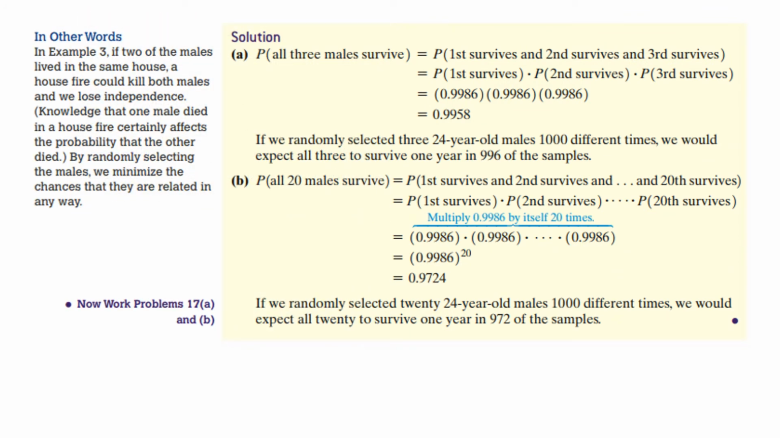Okay, so the probability that all 3 survive is the product of the probabilities. We multiply these numbers together and get this. Similarly, the probability that all 20 males survive is this. Now, in Part A, this meant if we randomly select 3 24-year-old males 1,000 different times, we'd expect all 3 to survive 1 year in 996 of the analyses. Similarly, down here, this is telling us that if we randomly select 20 24-year-old males 1,000 times, we would expect that all 20 survive 1 year in